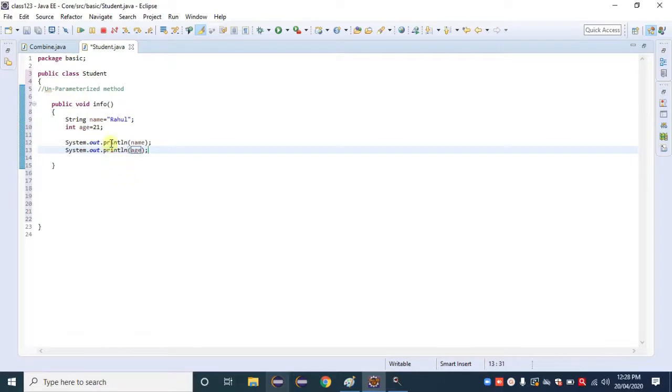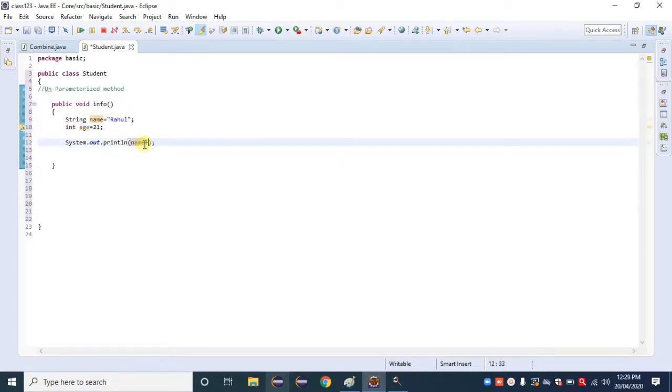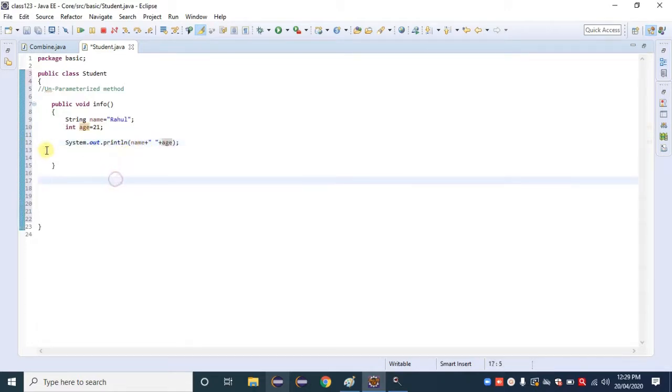It is a two-line statement, so I can make it one line also. I am deleting the second one here. Name, after that plus symbol, double quote, space, then again plus symbol and the second variable, age. We can use that also here.